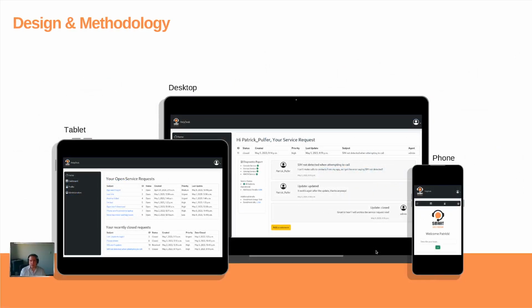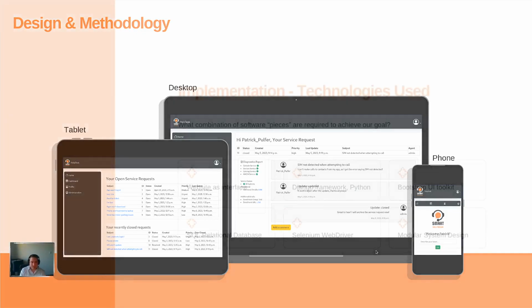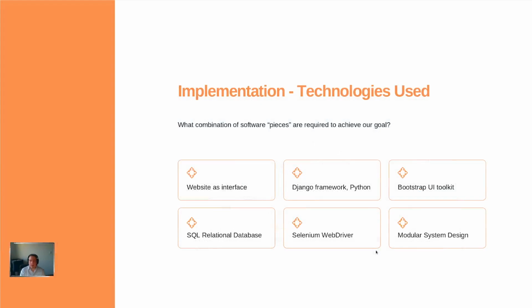One of the design principles that I've taken into consideration is that the system needs to be accessible anytime, from anywhere, and on any device. So I've decided to go with a website because, if well put together, it is responsive to the screen. At the same time, I asked myself, what are the pieces of the puzzle in terms of software that are required to put everything together? A couple of these I've put here on the screen. Obviously, a website as an interface was one of the pieces. Django is a framework,